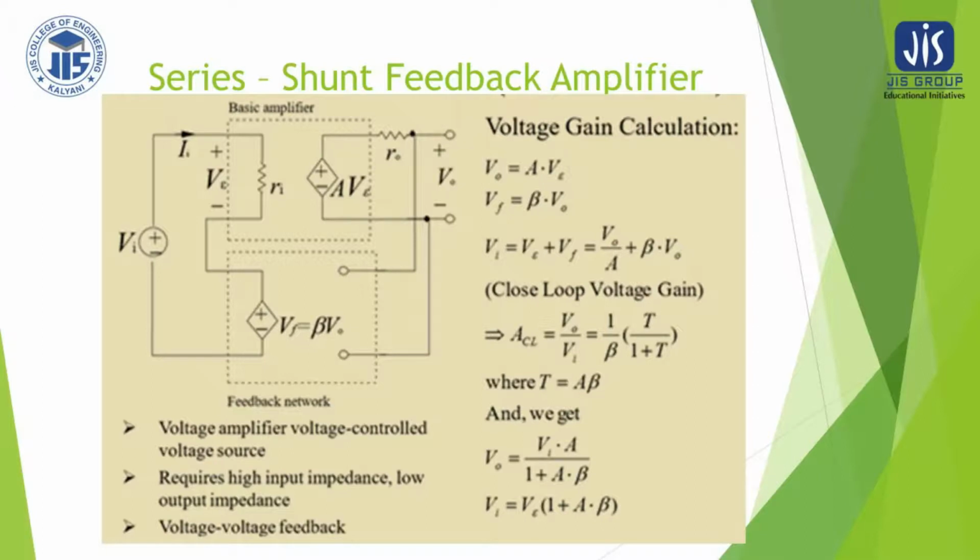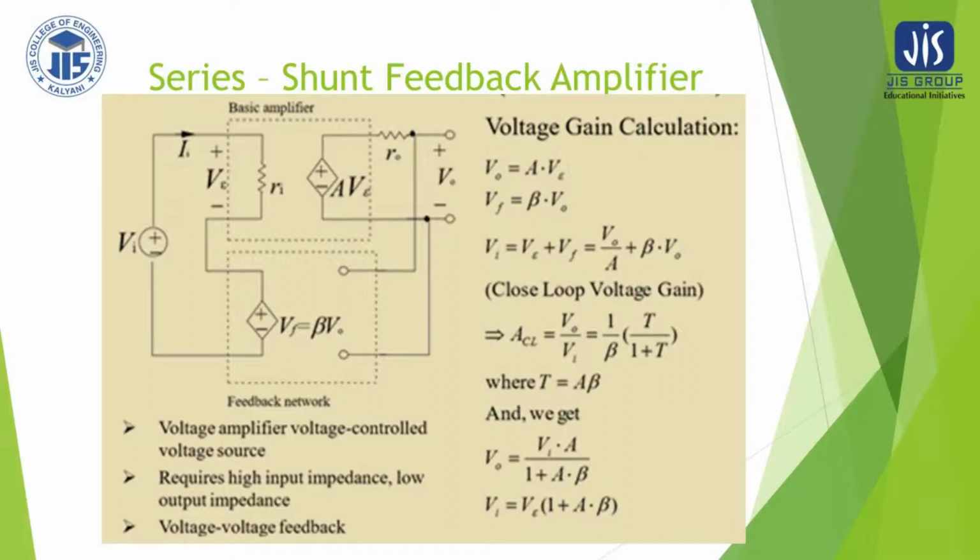So that is why it is a series shunt feedback amplifier, or it is called voltage series. What does it mean? The voltage written first is the output quantity and this series is the mixing network. Mixing network exists here. It is a series connection. That is why this series is coming. And this is known as shunt connection.